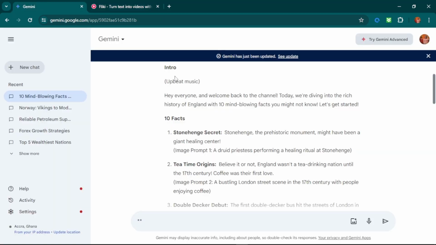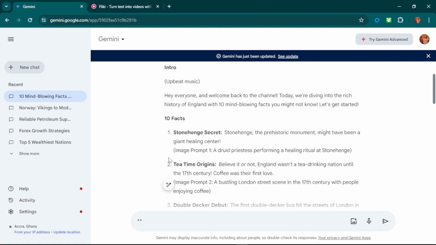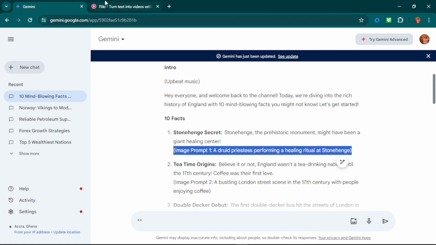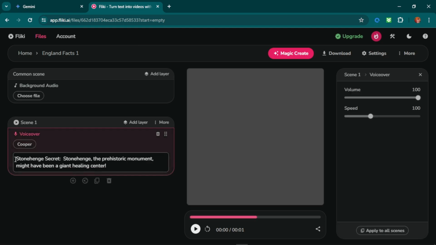So for that, you come back to your prompt again. Say 1 Stone Age secret. So you copy it to this point here. This other point below here, you can see in this bracket is simply your AI image prompt. So simply put it in here. The first one is the Stonehenge secret. Okay, now after this, you go over to the next one, you click on the plus button